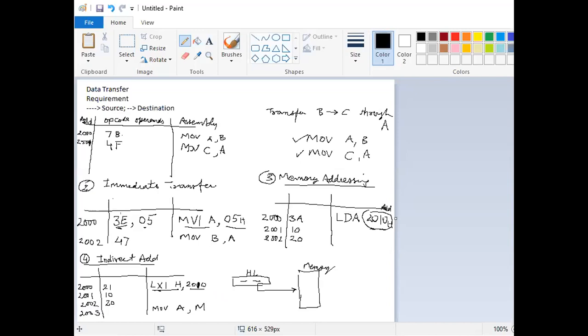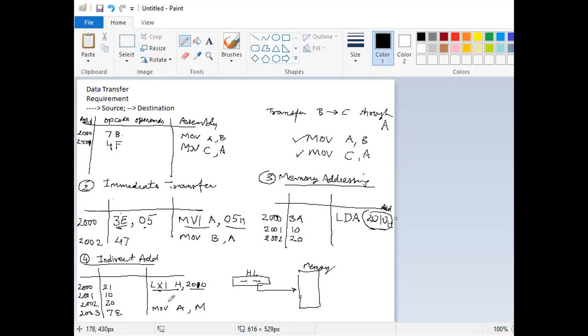When you look for the operation code, move from memory to A, the code is 7E. So this is a 1 byte code, 7E. This is the program of indirect addressing mode, which will transfer the content from address 2010 into the accumulator.